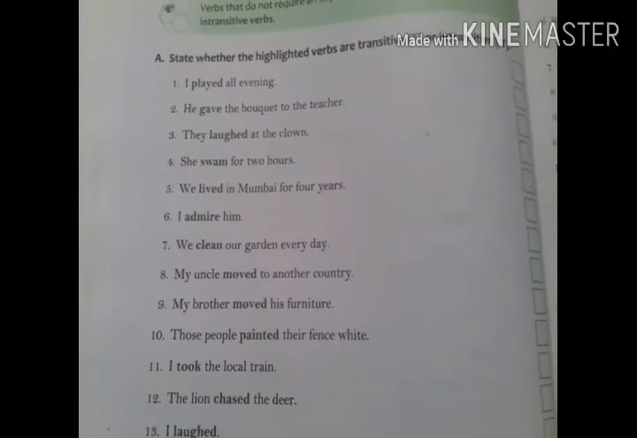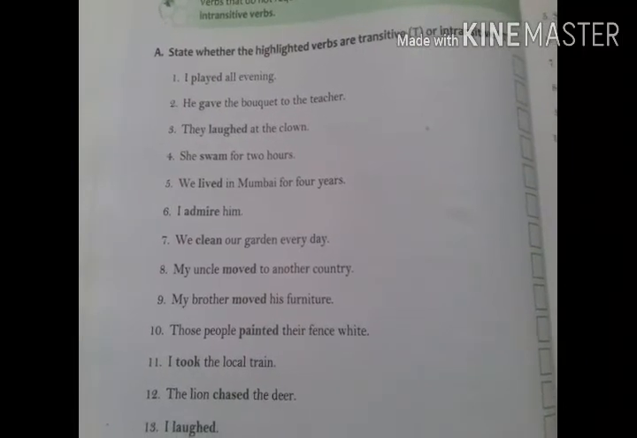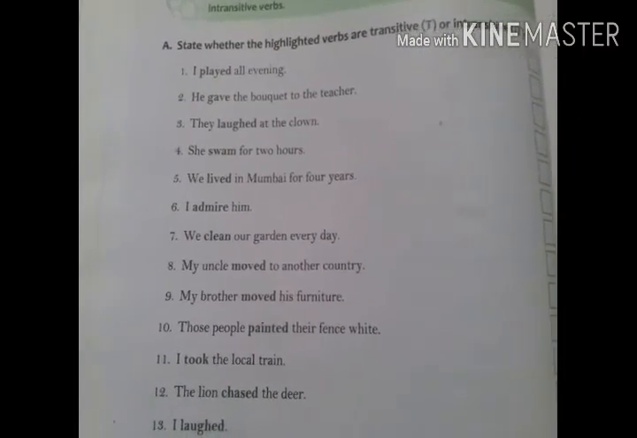We can take some more examples from this exercise. It is written there, state whether the highlighted verbs are transitive or intransitive verbs. So if the verbs are transitive, you have to write T. If the verbs are intransitive, you have to write IT. So here